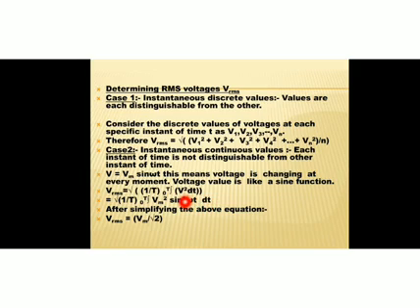Then we do the necessary substitutions, the same procedure that we followed to find the average power. Finally, after simplifying the above expression, you will get Vrms equal to Vm by root 2. So Irms was Im by root 2 and Vrms is Vm divided by root 2. You must always remember this relationship between the peak value of voltage and the RMS voltage, or the peak value of current and the RMS current.